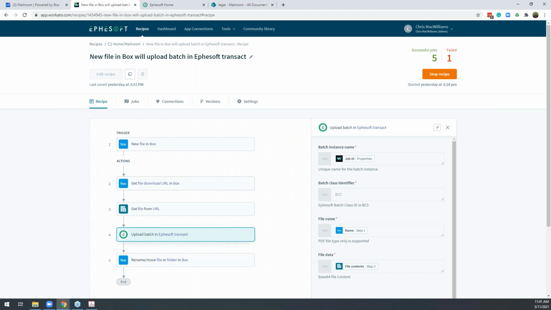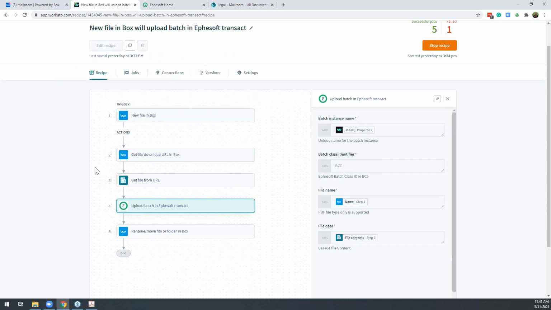So this is a simple one just to understand how things can work. This is a recipe where a new file comes into Box, and then we get that file URL, and then we do an upload into Ephesoft Transact. This is another connector that we're using with some of the Ephesoft web service APIs.